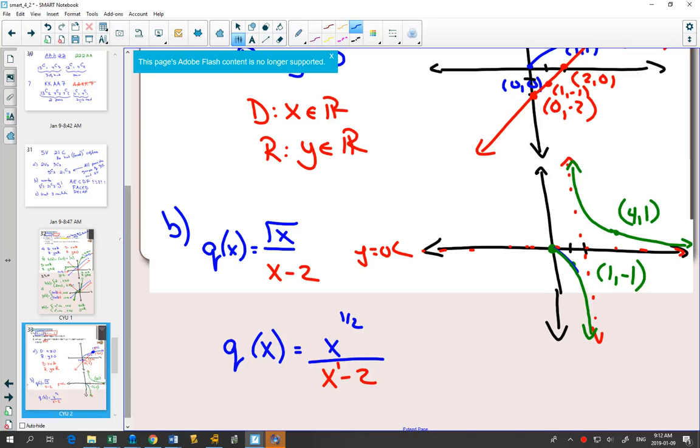So looking at the equation, it's not easy to determine the domain and range. We needed the graph, and looking at the graph, this one's a little bit crazy. Because the domain is x is bigger than or equal to 0, comma, x can't equal 2. So we determined that it goes down and to the right because there is an asymptote at y equals 0, and we know there is an asymptote by looking at the degrees of the functions. Looking just at the graphs,